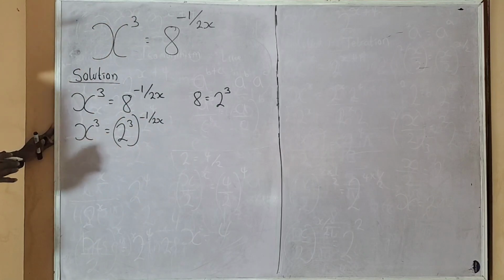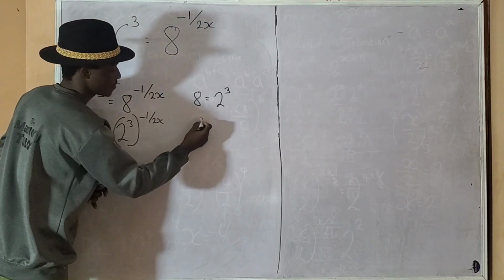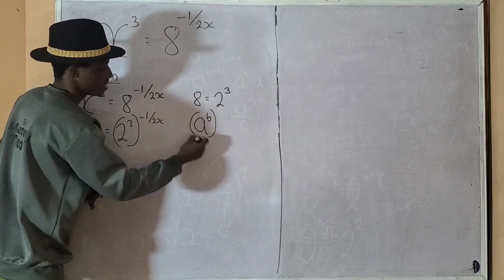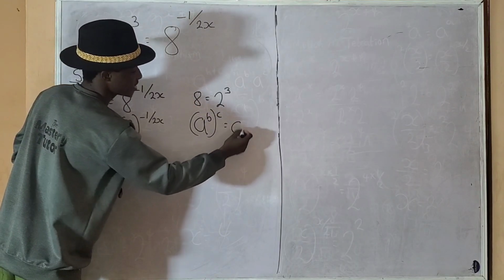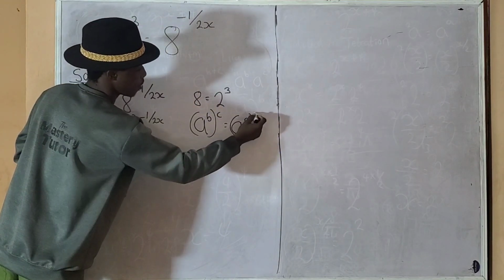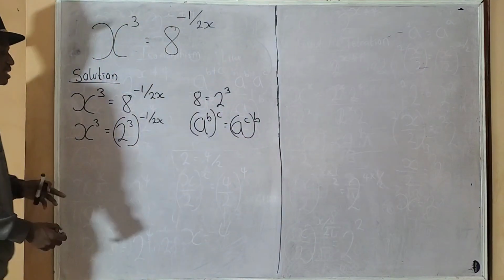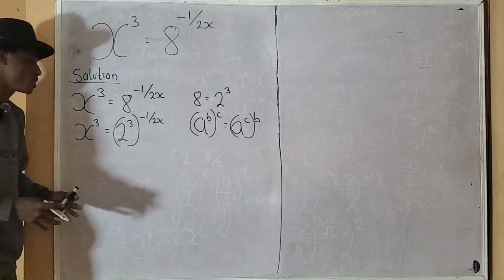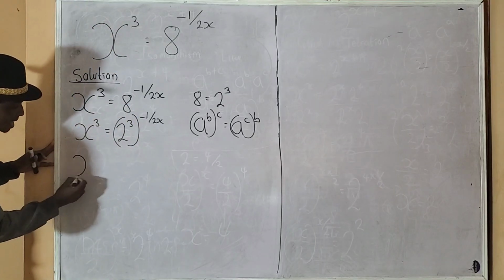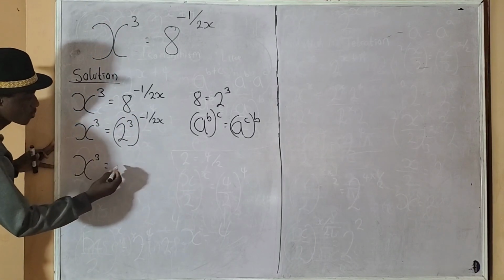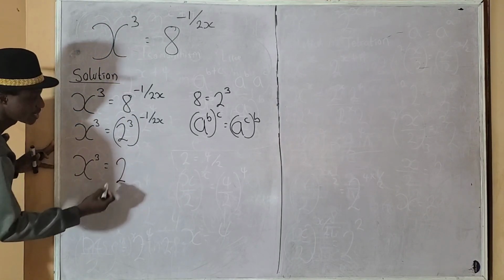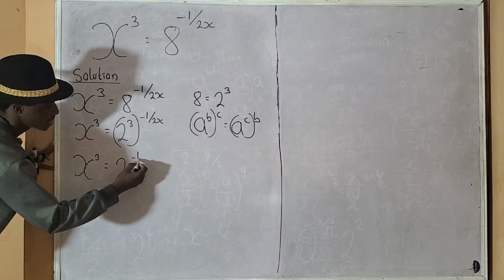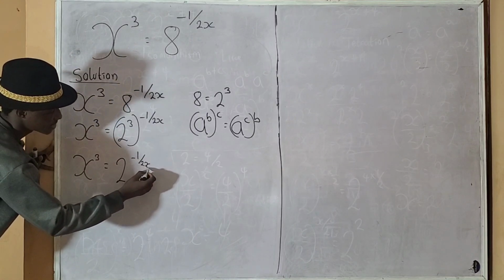Are you following? Okay, if you have a raised to the power of b raised to the power of c, this can be written as a raised to the power of c raised to the power of b. Is that not it? Now, I'm going to use this law. I'm going to apply it at the right-hand side of the equation. So, I'm going to have x raised to the power of 3 equals 2 raised to the power of negative 1 over 2x